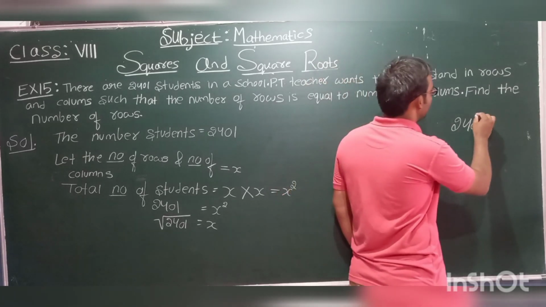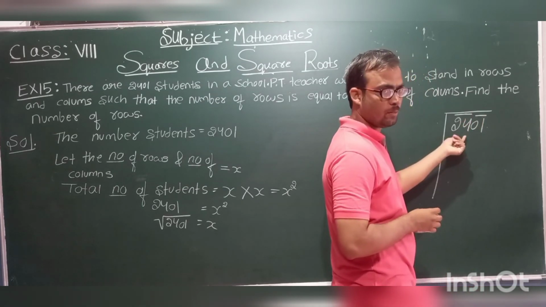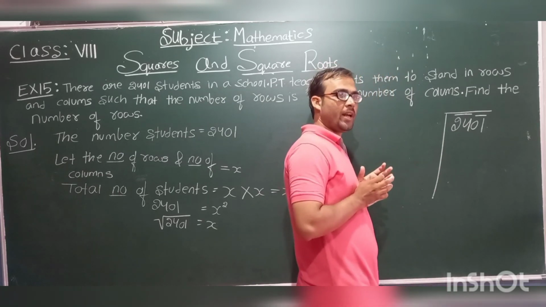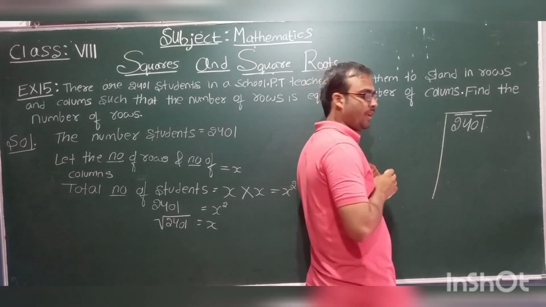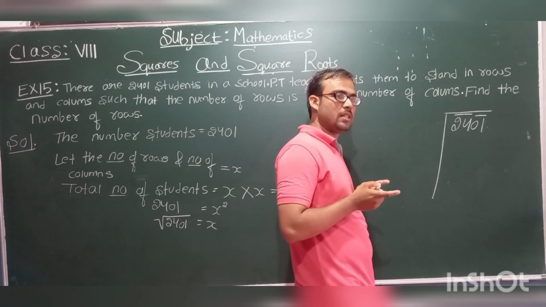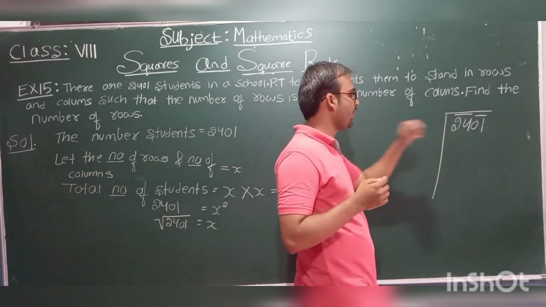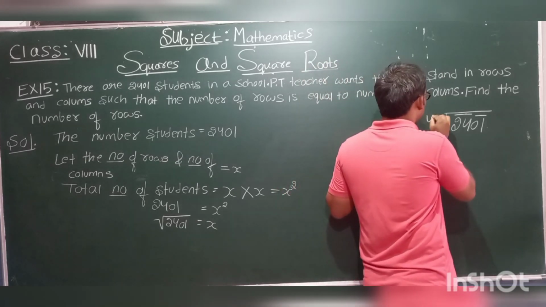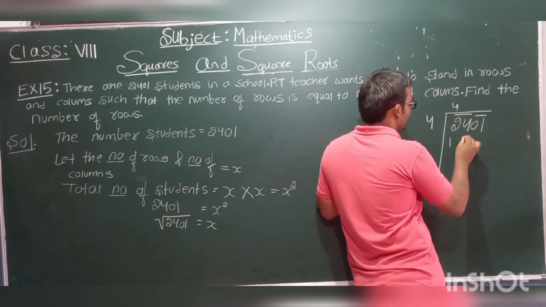Place the bars. Consider this part; this will be the dividing part, that is 24. Now what is the next step? We need to take a number whose square must be equal to or less than 24. Which number can we take? 4, no? Because 4 4 is 16. We cannot take 5, because 5 5 is 25 and 25 is greater than 24. Now let us take the number as 4. 4 4 is 16.